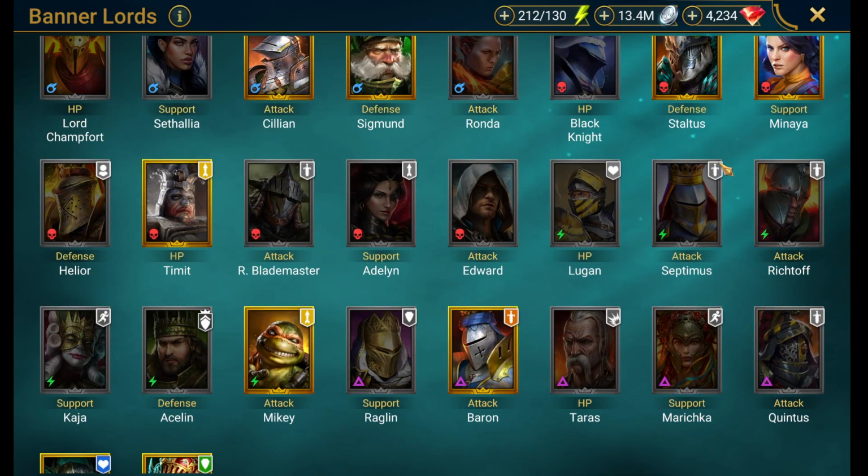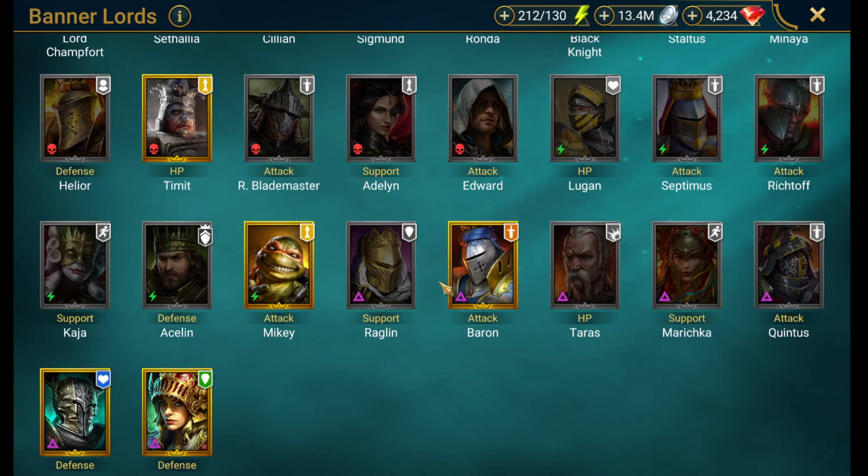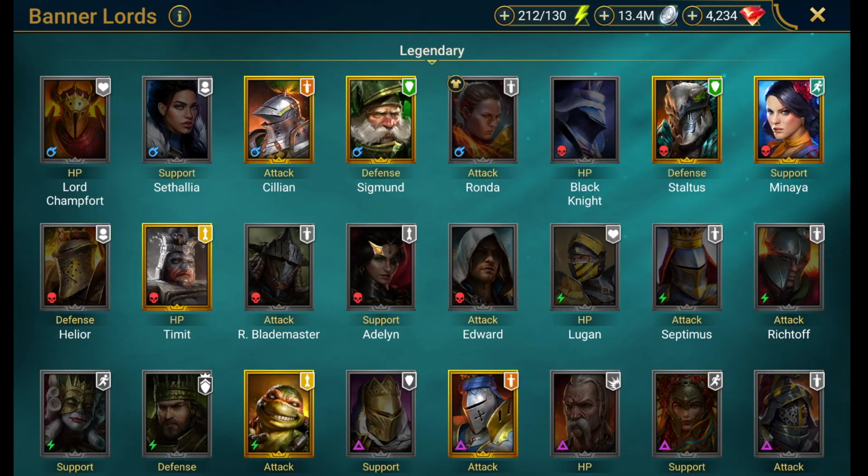Now, the reason why that is, I have some of these legendaries that might not be built up all the way. Some of that is just for timing, right? Like, I just unlocked Cecilia, so she's not built up. Timid,